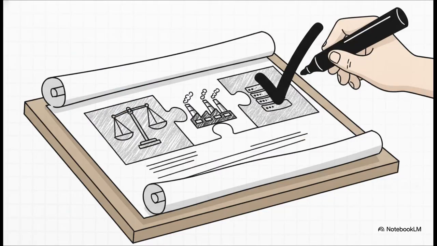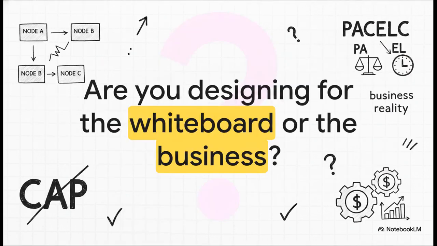So if you want to sound like a senior engineer in your next design review or interview, follow this exact structure. Don't just rattle off a list of technologies. Name the specific trade-off using the PACELC framework. Tie that trade-off directly to the business requirement. Make your consistency choice explicit. Only then should you name a specific database that fits. And crucially, always acknowledge the downsides of your architectural choice. Because at the end of the day, CAP only tells you what happens when the network breaks. PACELC tells you what trade-offs you're making every other day of the year.